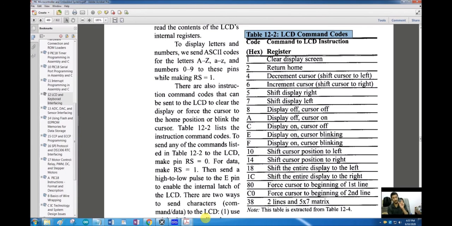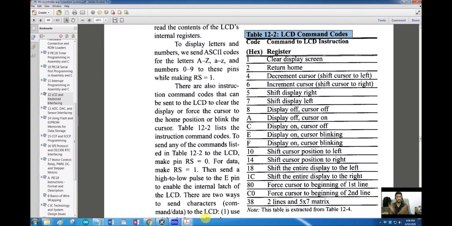16 means how many characters, how many boxes, there are in one line, and times 2 means there will be 2 lines. So 16x2 means that 16 characters can be displayed in one line, and there are 2 lines of 16 characters.